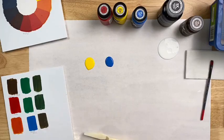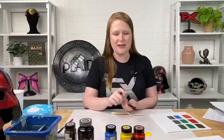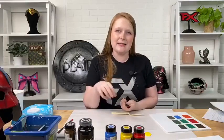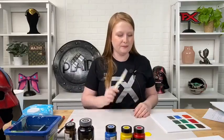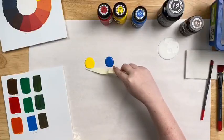A lot of times when you mix with your brushes, paint gets into the ferrule, which is the metal part on the brush, and it dries in there, and over time your brush won't last as long. So whenever I'm doing big batches, if I'm mixing lots of paint at a time and saving it, if I'm doing a big build or something like that, I'll make sure to use a palette knife. So I'm going to grab just 1 part yellow